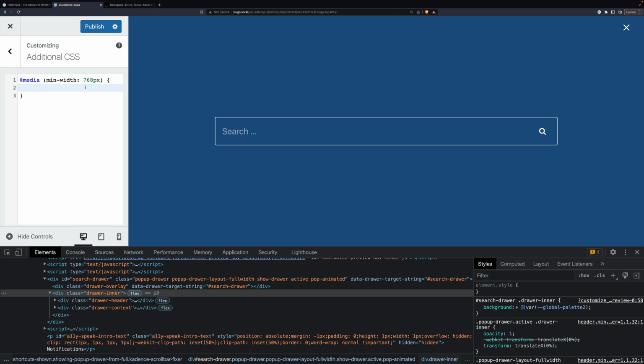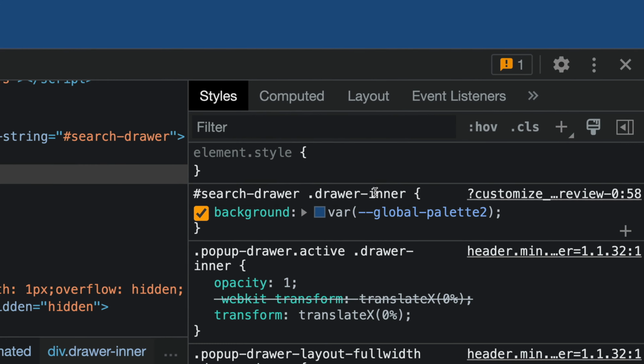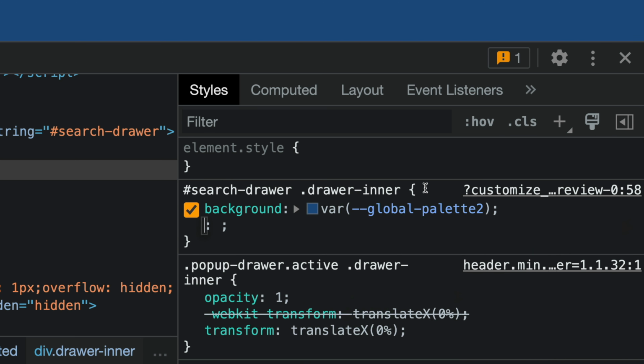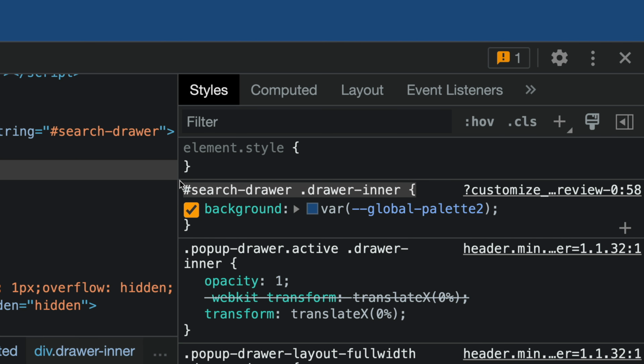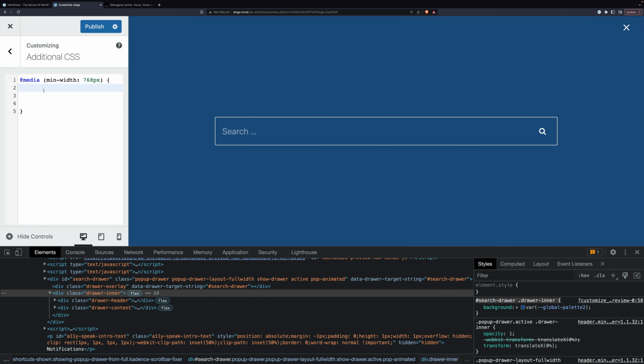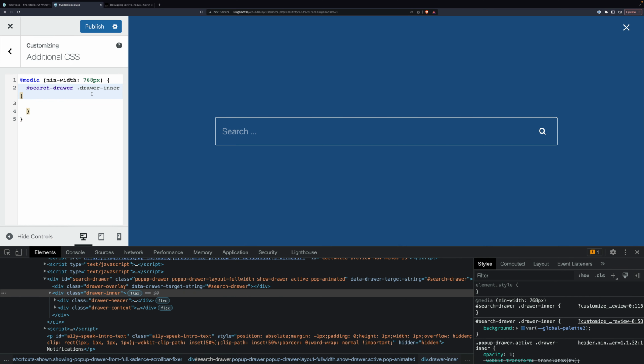If it gets too narrow, it goes back and reverts to all of the normal default styles. So I'm going to copy this line here, the search drawer, drawer inner, paste it right there. So now we are editing only the drawer, only with a minimum width of 768.